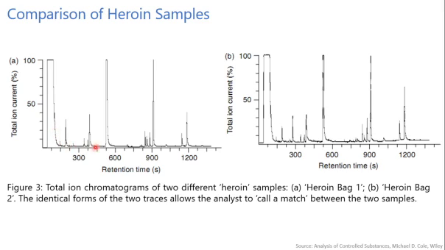So look at the retention time. Retention time around 500 here, then around 1200 seconds also near this is one of the red peaks that occurred, and along with 900 there are two different peaks that occurred, and hence we can say that these values match with respect to each other, and hence we can have the comparison, or we can say there is a confirmation of the heroin present in the given samples.